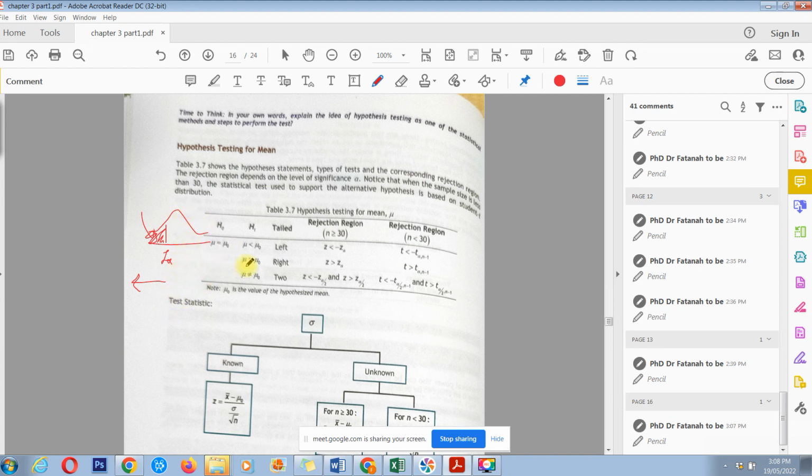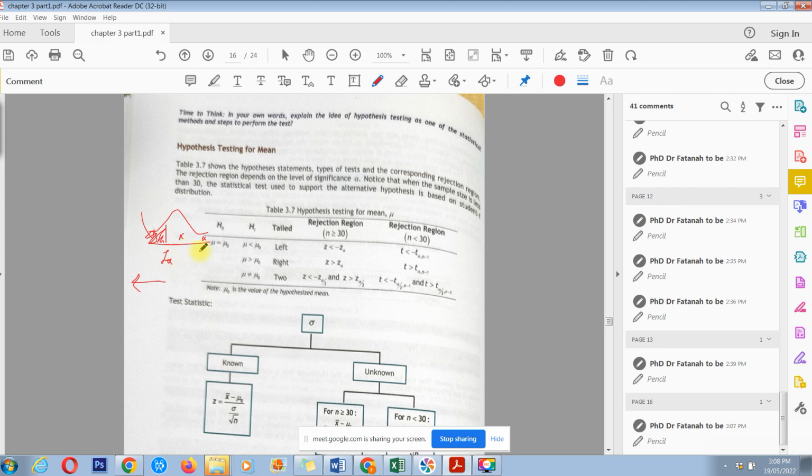But if the z is here, maybe something here, then we do not reject that test. We accept